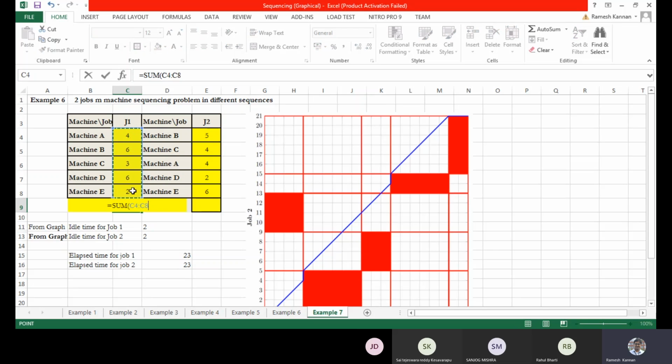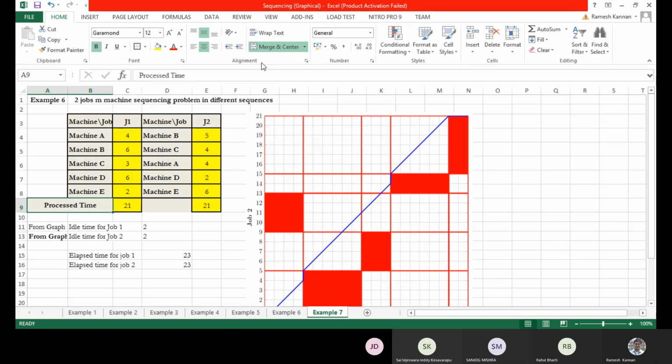duration of the job of this particular nature, and you also sum these for job 2. So this will be our processed time. You can take this down as processed time, and this is the same process time.